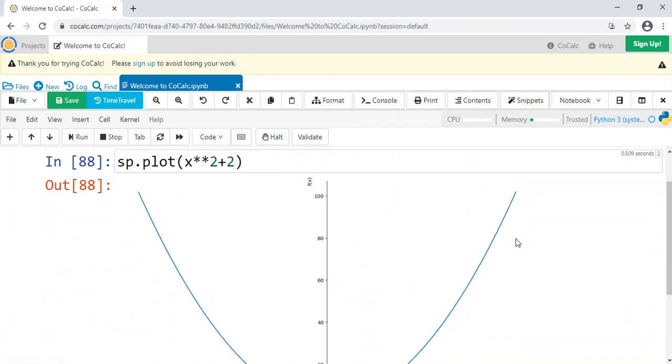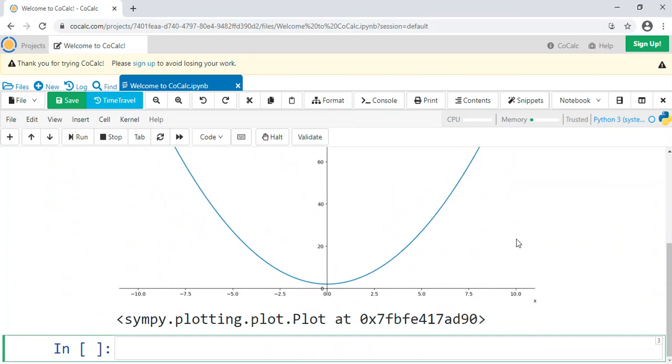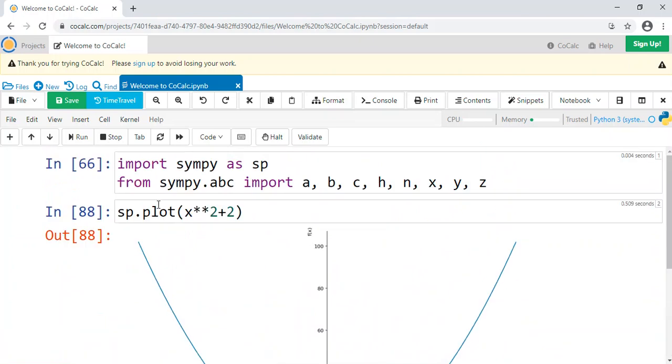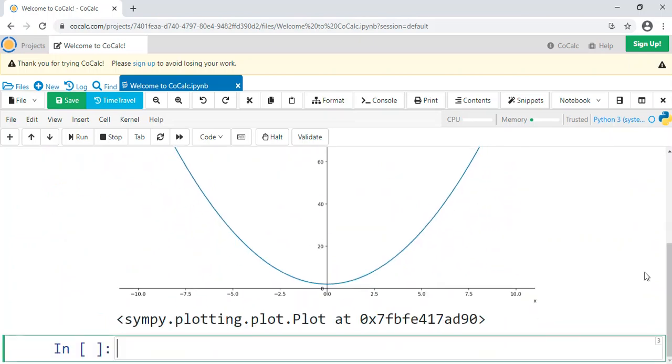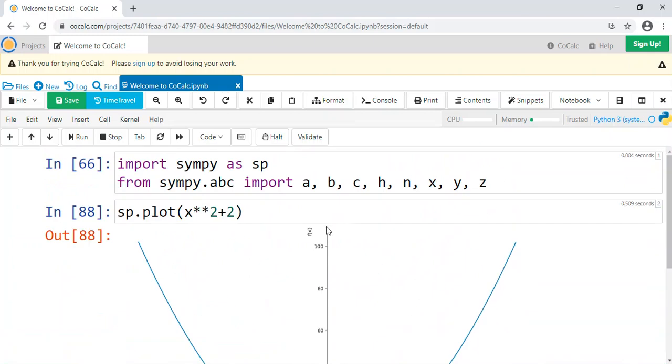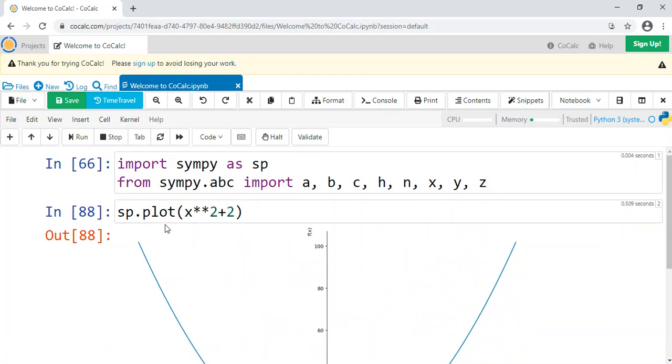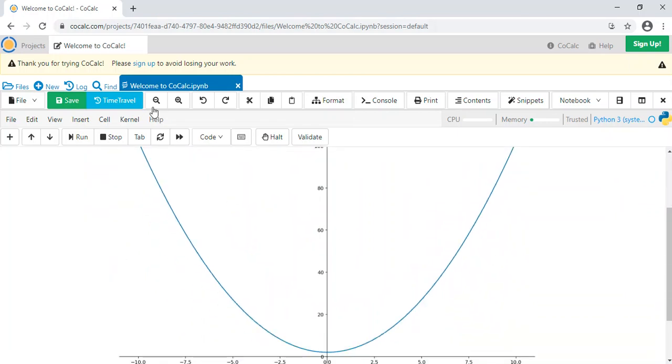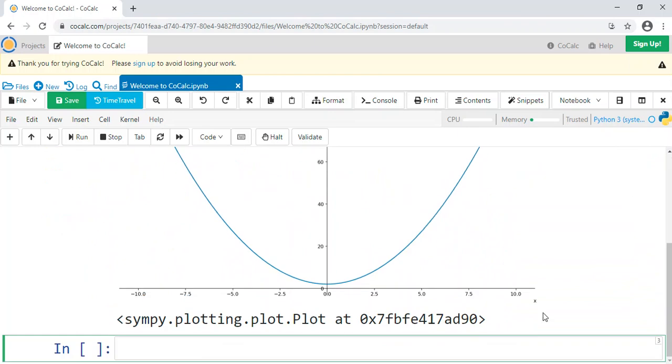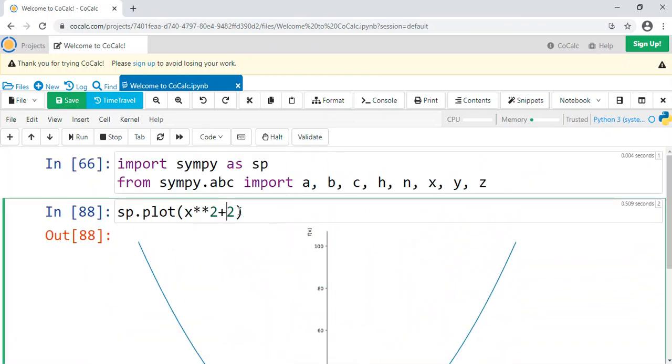I mean, if you saw my Matplotlib plotting and graphing video where there's a million different things to do, this is much more straightforward. It just gave you f of x is x squared plus 2, and it plotted it for you, a nice curved line. It looks great. It fits the axes really well.